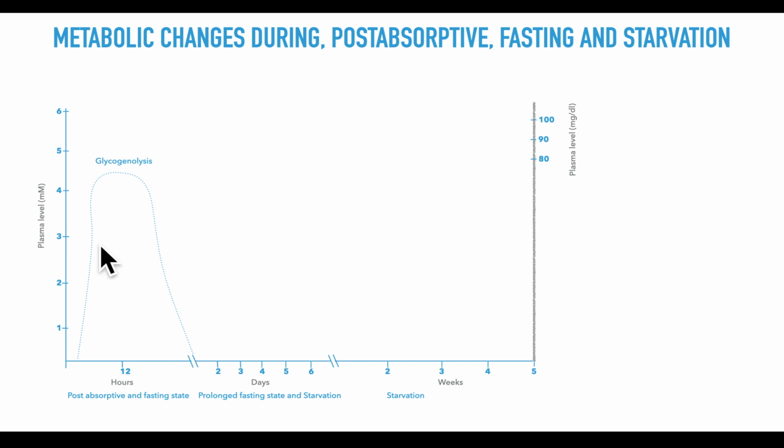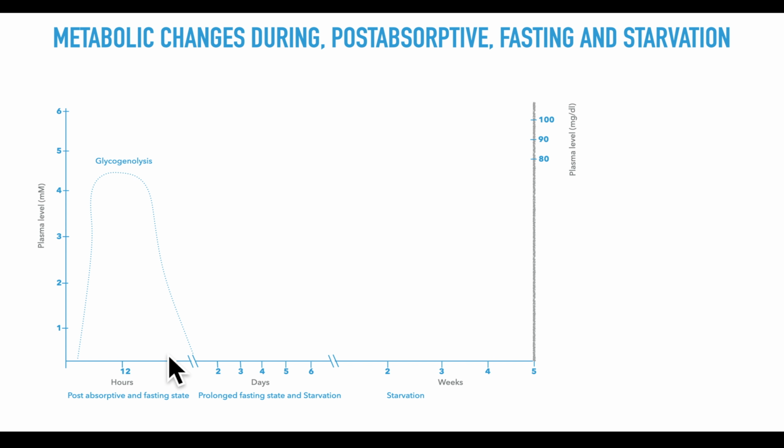This is the glycogenolysis curve, and do not scale this curve with the plasma levels, that is for something else, which I am going to explain soon. The glycogenolysis starts slowly, say 2 to 4 hours after meals, then peaks by 12 hours, and glycogen is completely depleted by 24 hours. Now, no glycogen is left to maintain the blood glucose level.